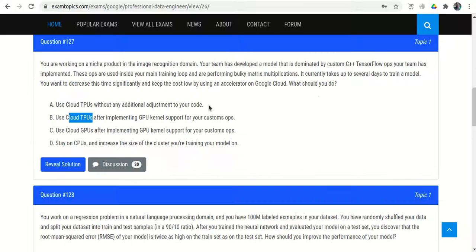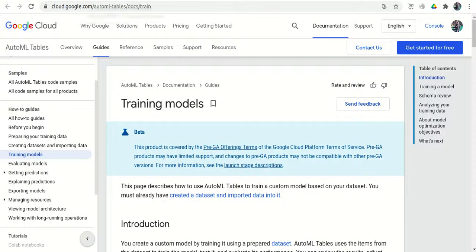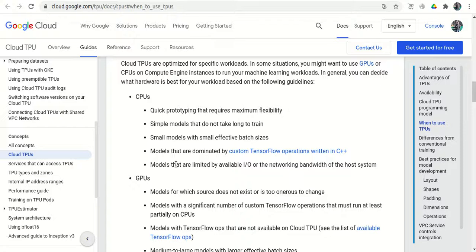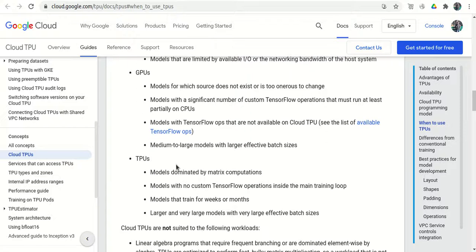And in the question it is mentioned that models are dominated by custom C++ TensorFlow ops. So we will use the CPU. And the other thing is when to use the TPU: models with no custom TensorFlow operations inside the main training loop. So if there are no custom TensorFlow operations inside the main training loop, then we will use the TPU.